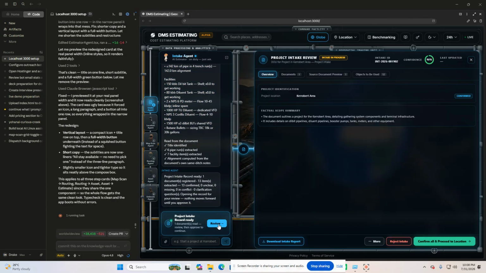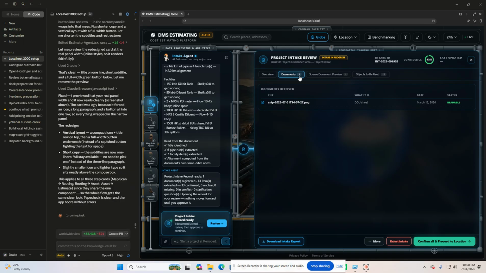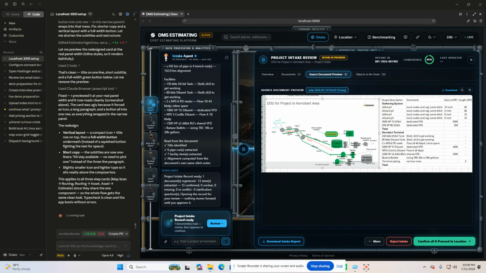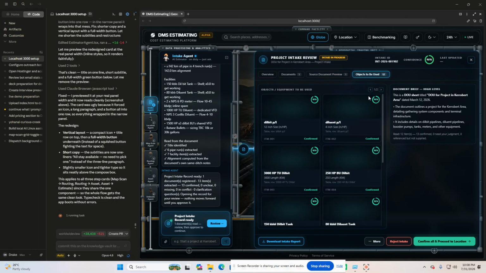Then click review, and then yeah, this is already the overview, the summary, and then documents, the snip that we did earlier, and then the actual source data on what's on the document, and then you can also see the objects that we're going to use if we're going to make it as a 3D view.